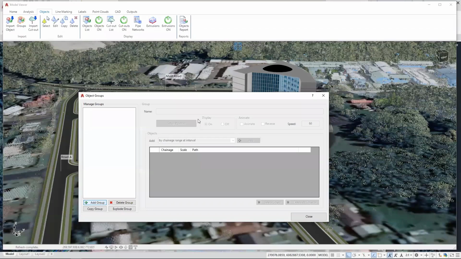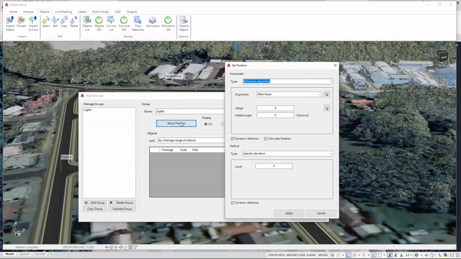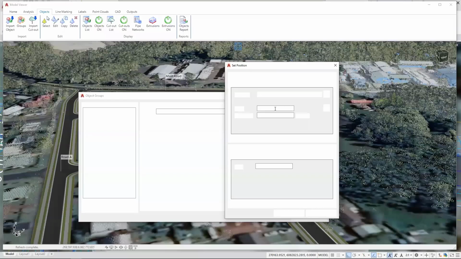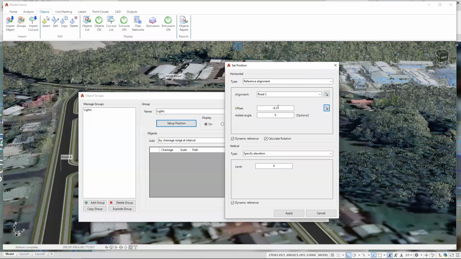So I click on add group. I'm going to call this, let's go for lights. And then I set up the position of those lights. So I click on set up position. I want to reference them along road C, and the offset, I just click the offset point, say that'll do. So it's -8 meters from the center line of the road, and the elevations will be matched to the natural